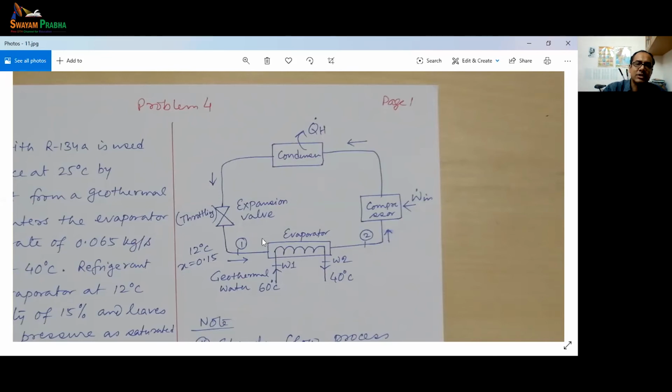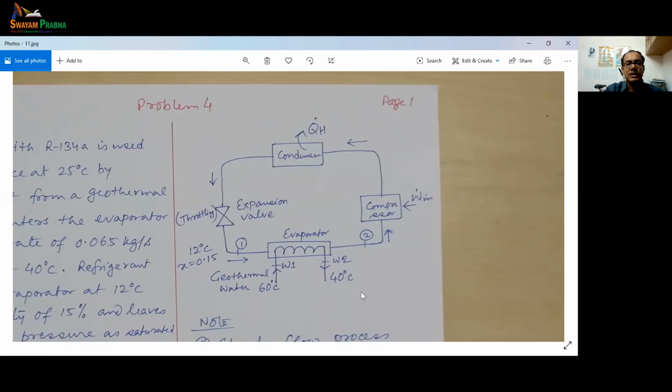Okay, and here on your left hand side we have an expansion valve, and that's where the throttling happens. I discussed in earlier problems that the hissing sound you hear in a household refrigerator is where the throttling happens. A heat pump has the same working principle. So whenever you have a high pressure liquid and you want to bring it to a low pressure state, you have to throttle it. That's where the throttling happens in the expansion valve.